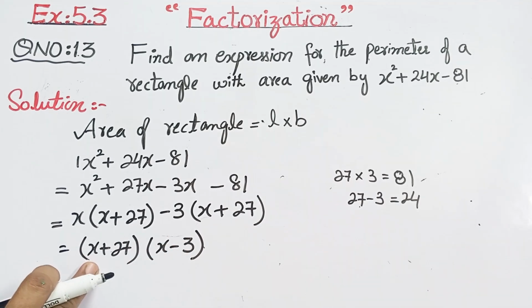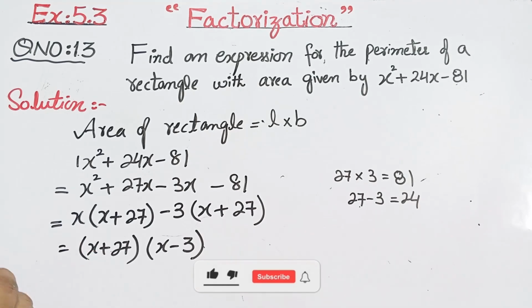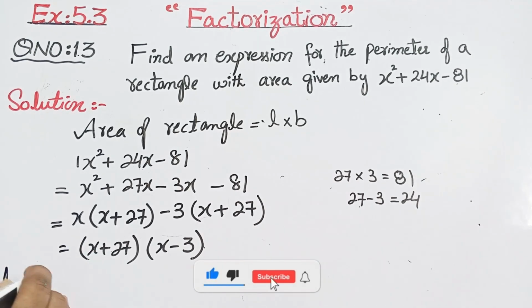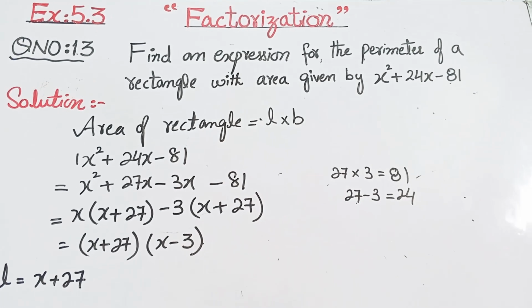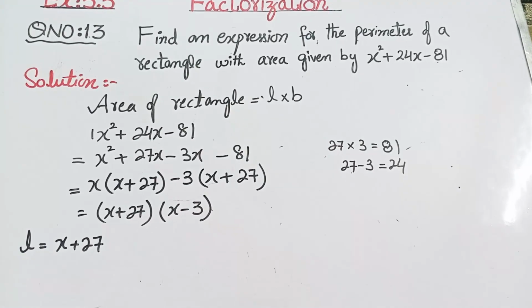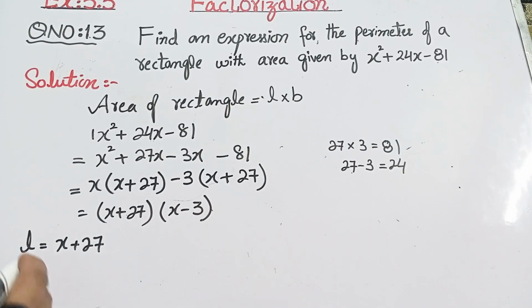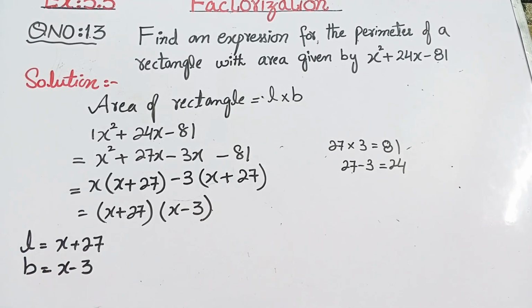So look, this is the area of the rectangle. So we take length as x plus 27 and breadth as x minus 3. As we are going to find the expression for the perimeter,